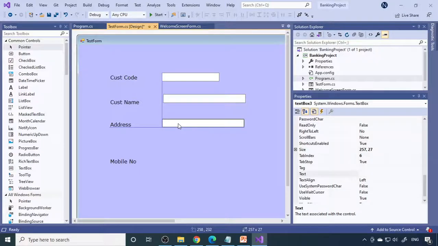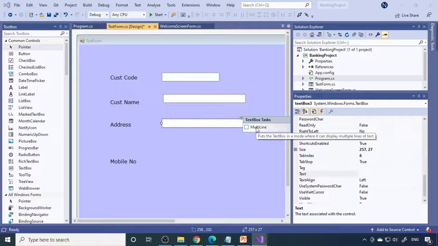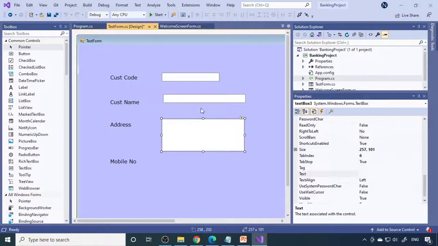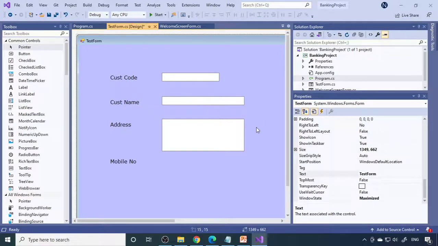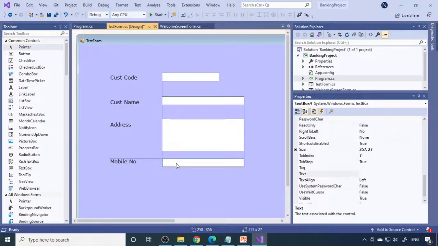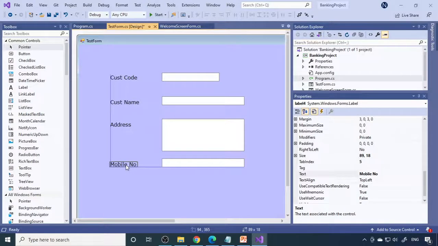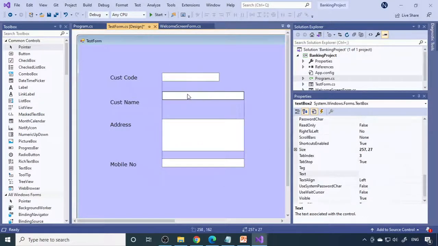Now you want to make it multi-line. Okay, so this box should be multi-line. So go to this and then select the triangular icon, and then make it multi-line. Now we are able to drag it, so we can type the multi-line address. So next mobile number, again you right click and then paste, so you'll get one more text box and then keep it here. So this is how we can design the form.